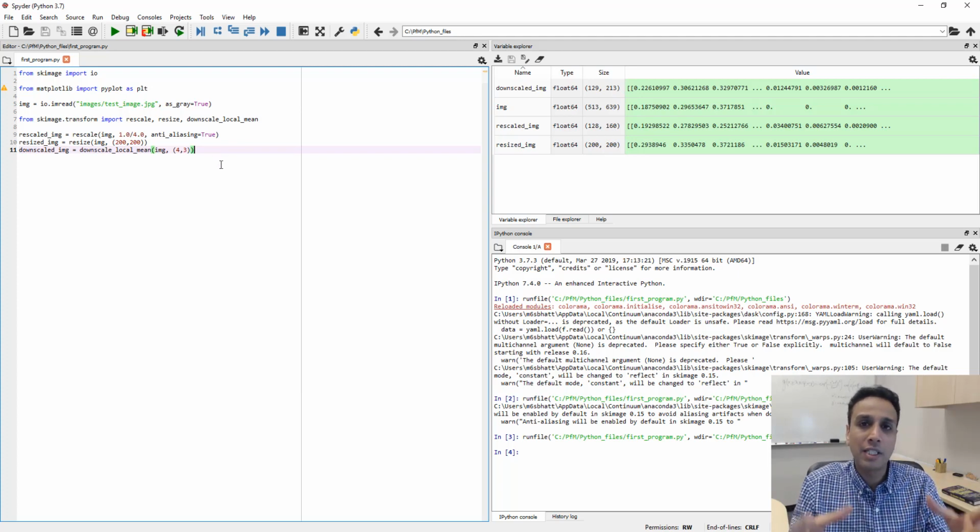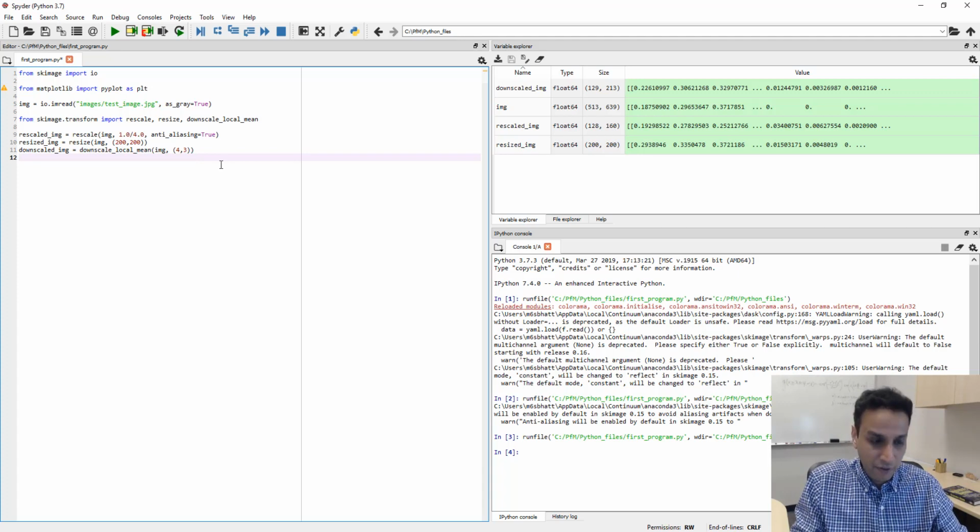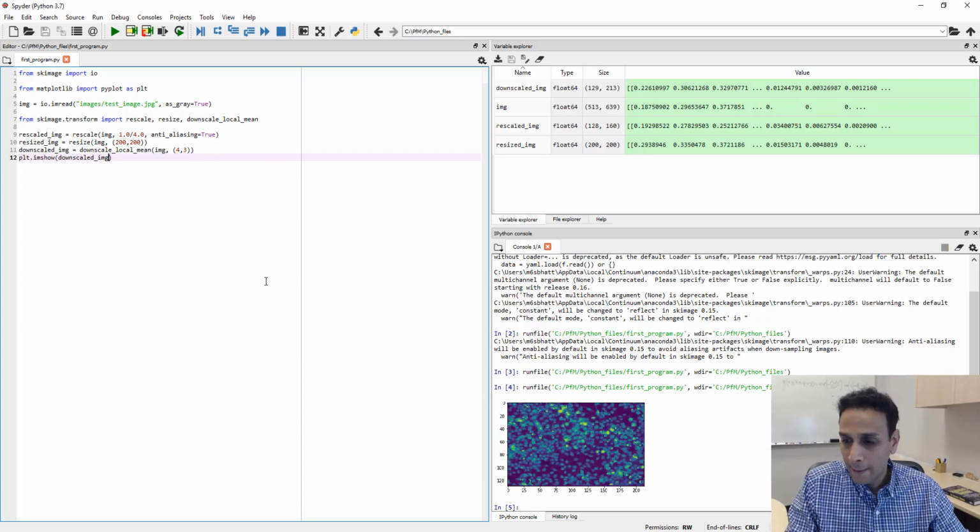And we can visualize all of these images if you want. Let's go ahead and do that for one of these images. plt.imshow, let's do downscaled image and go ahead and plot this. And this is our downscaled image. You can see a bit pixelated image right there. So these are the basic functions within